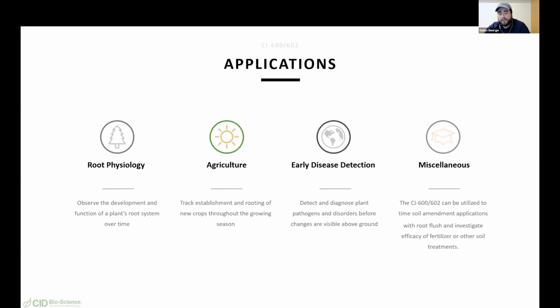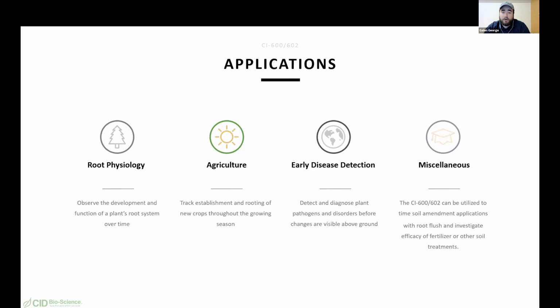I already talked about some things that the CI-600 and 602 can be used for. Mainly, the number one application is just observing the function of a plant's root system over time. So whether that be in an agricultural setting, as I mentioned, or in a more environmental science or forestry or other kind of setting like that, that's the main function of the instrument. People do use it to track establishment and rooting of new crops. As they plant, they actually install the tubes before they plant,